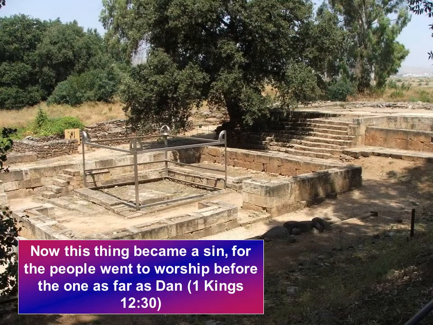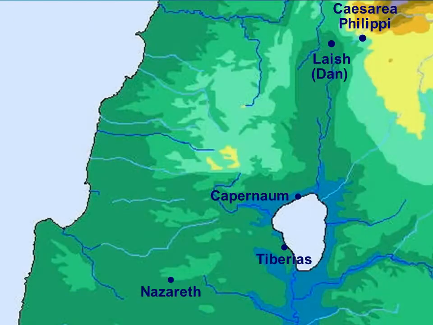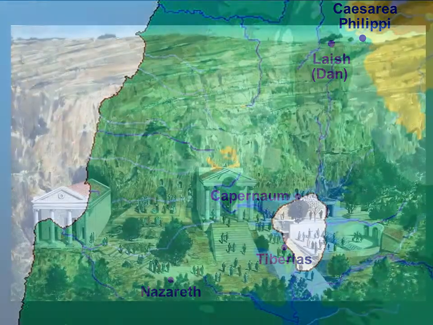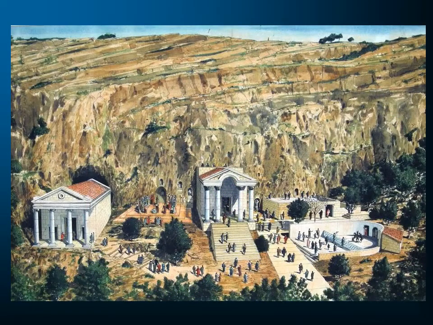And this thing had become a sin, for the people went to worship before the one as far as Dan. So this was not a good place. But here at Laish, you just go around the corner and you find yourself in Caesarea Philippi. That was the location of not just poorly made and theologically incorrect temples to the Lord, but rather these were